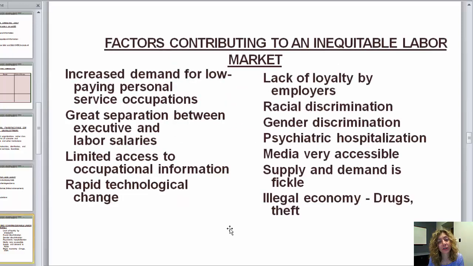These are some of the factors that contribute to inequitable labor markets. You can read that there. One of the things that is not directly related, but kind of related, that I want to share about career counseling in general is we've really